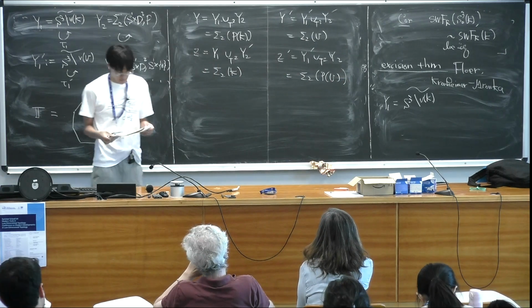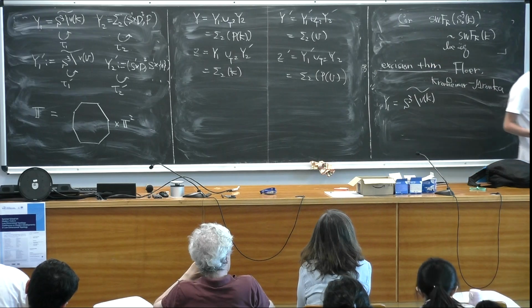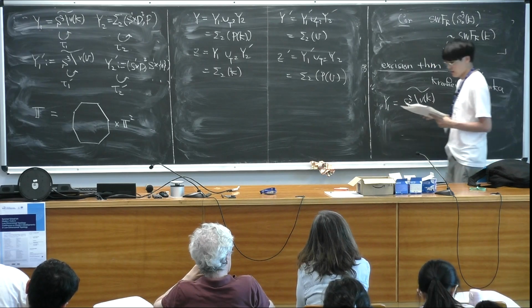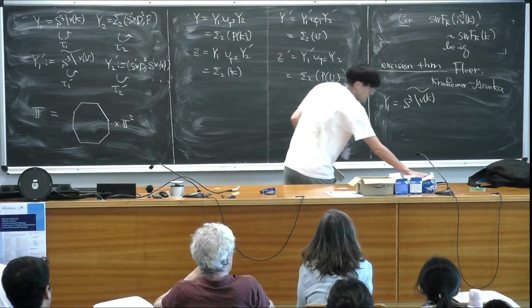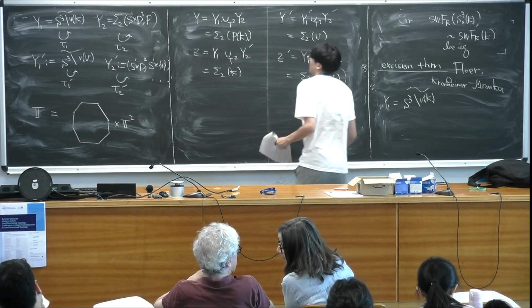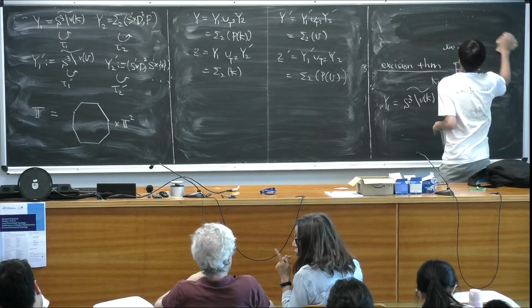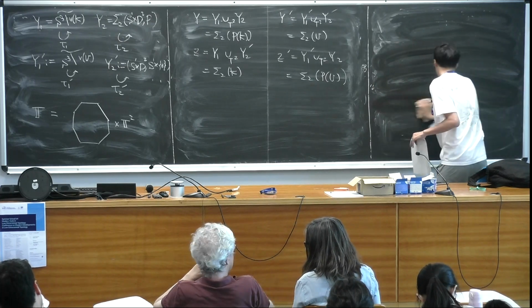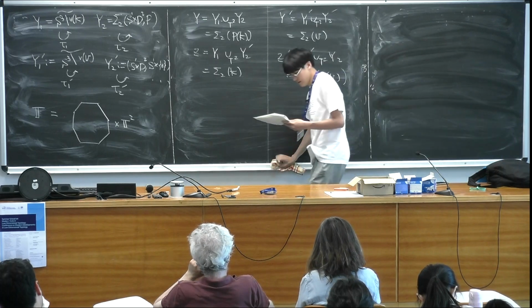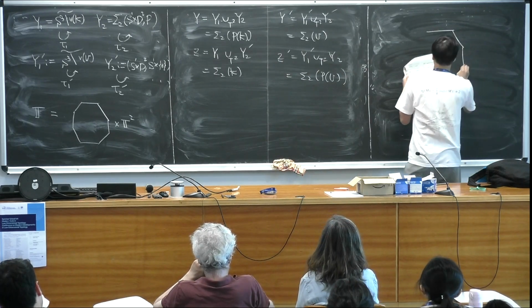So if you suitably glue the manifold, then you can get these three manifolds. And I will construct a four-dimensional cobordism between them in the following way. So I have this